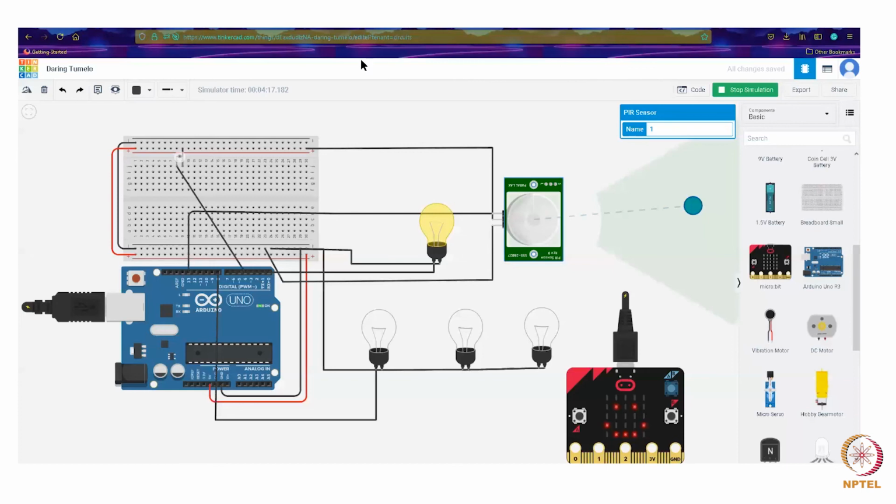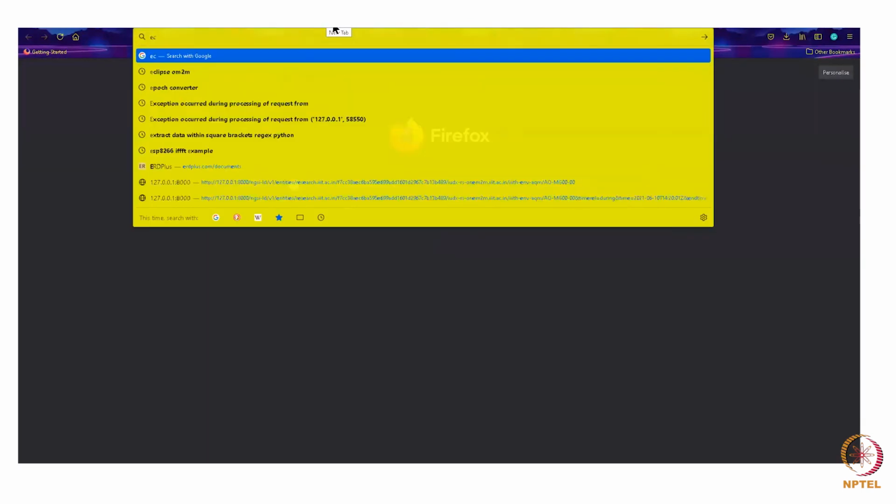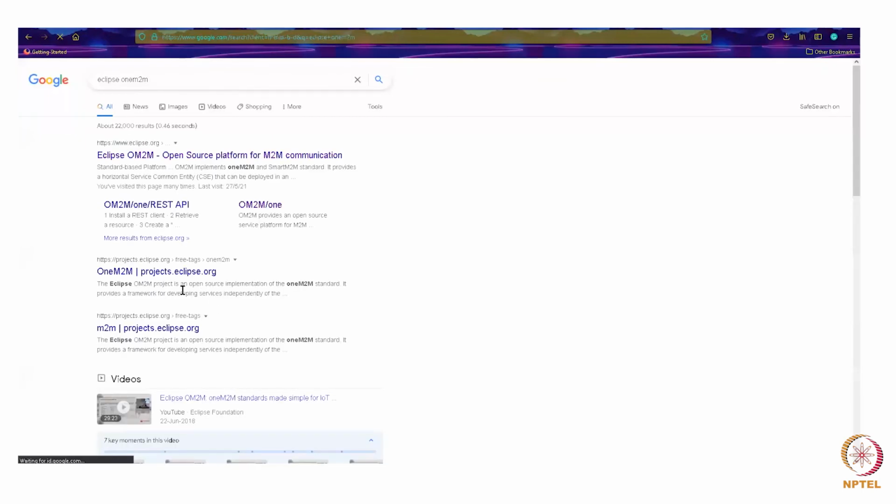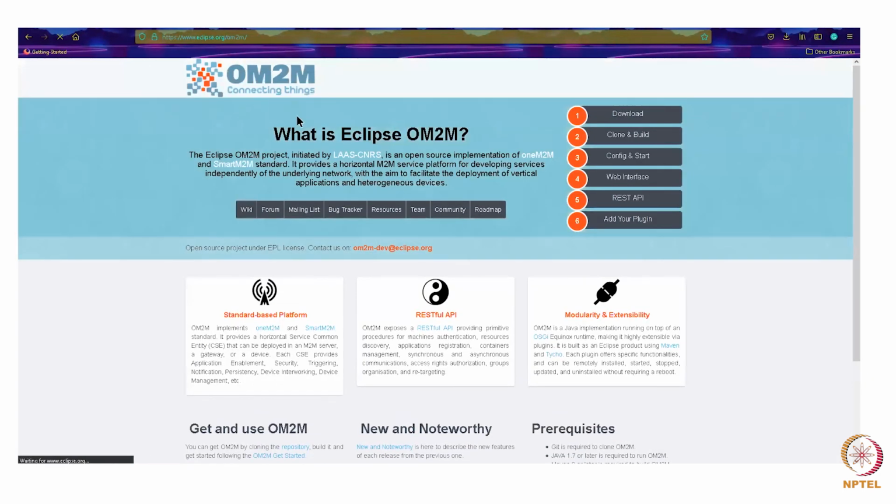We use this one actually. I'll just show you. So we use this OM2M server. It is an open source thing, and it is one such wonderful thing that we use. It is not easy to do, but once you get it up, it's a wonderful thing to have. You can develop full-fledged IoT applications.